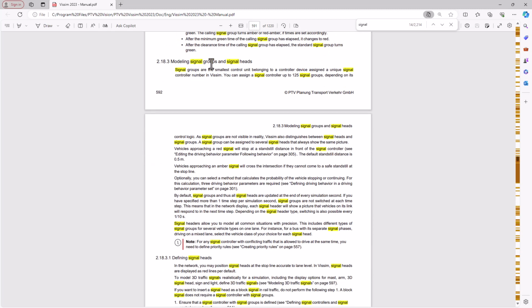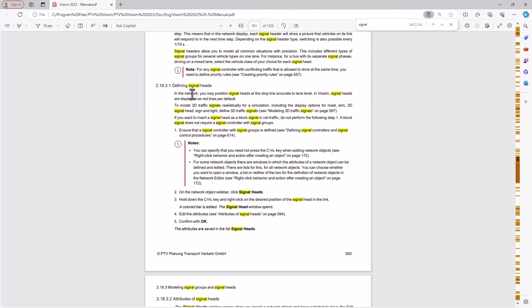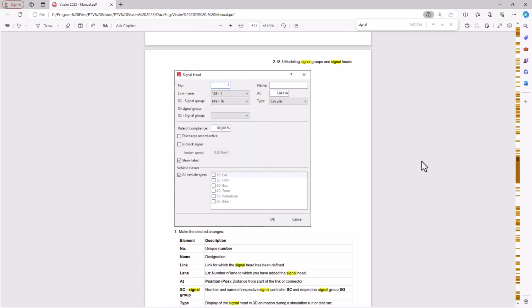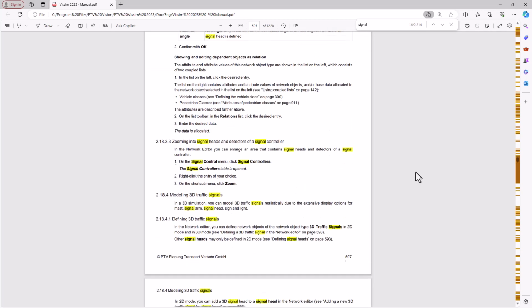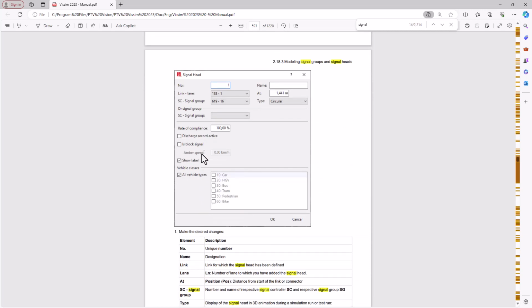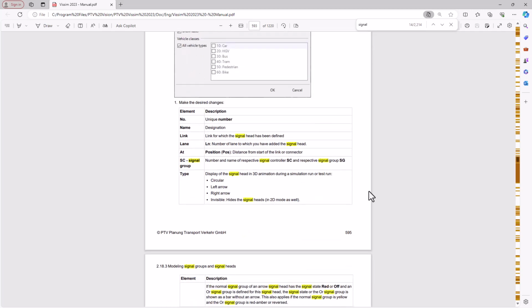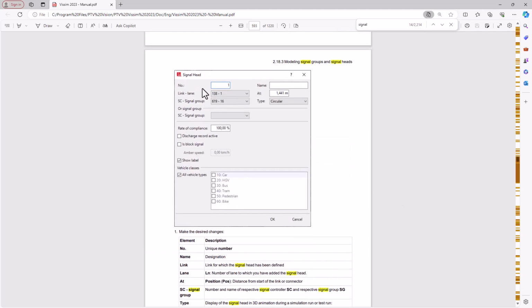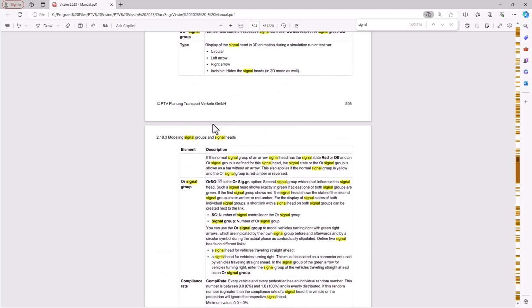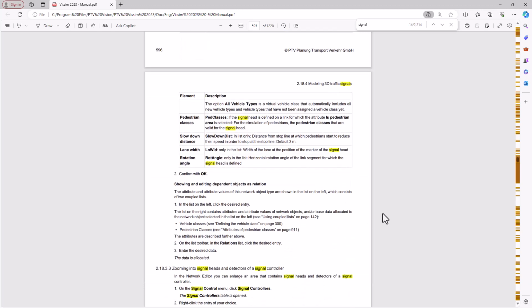And then we have signal groups and signal heads. That's the one I just showed you, and also I showed you how to define the signal heads and this and that. That's the things that you've already seen in this video. And of course, there are many parameters in it. The definition of parameters, please have a look. But many of the parameters are already very intuitive. Okay, you don't really need to read it through. But if you're more interested in what exactly the parameters do, please read through all this explanation of the